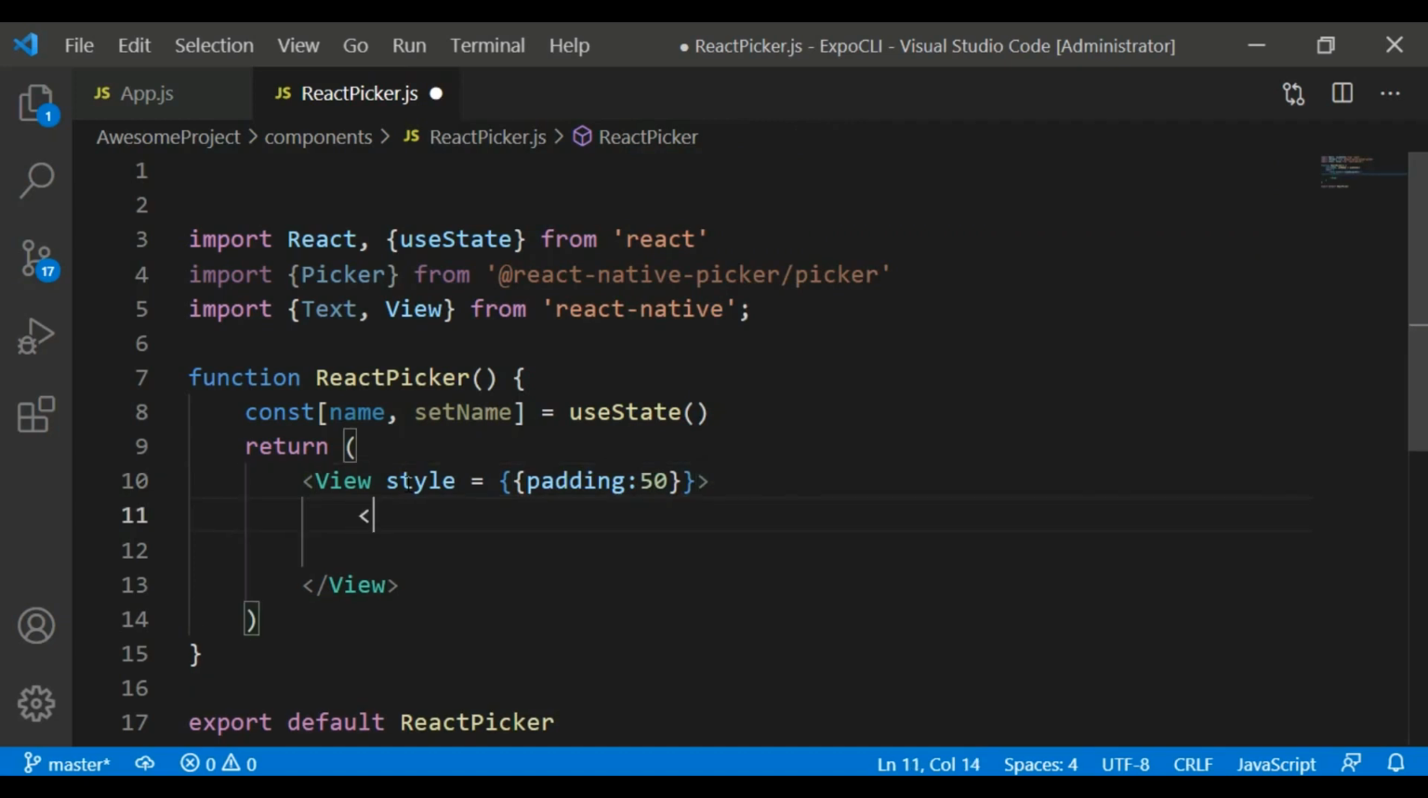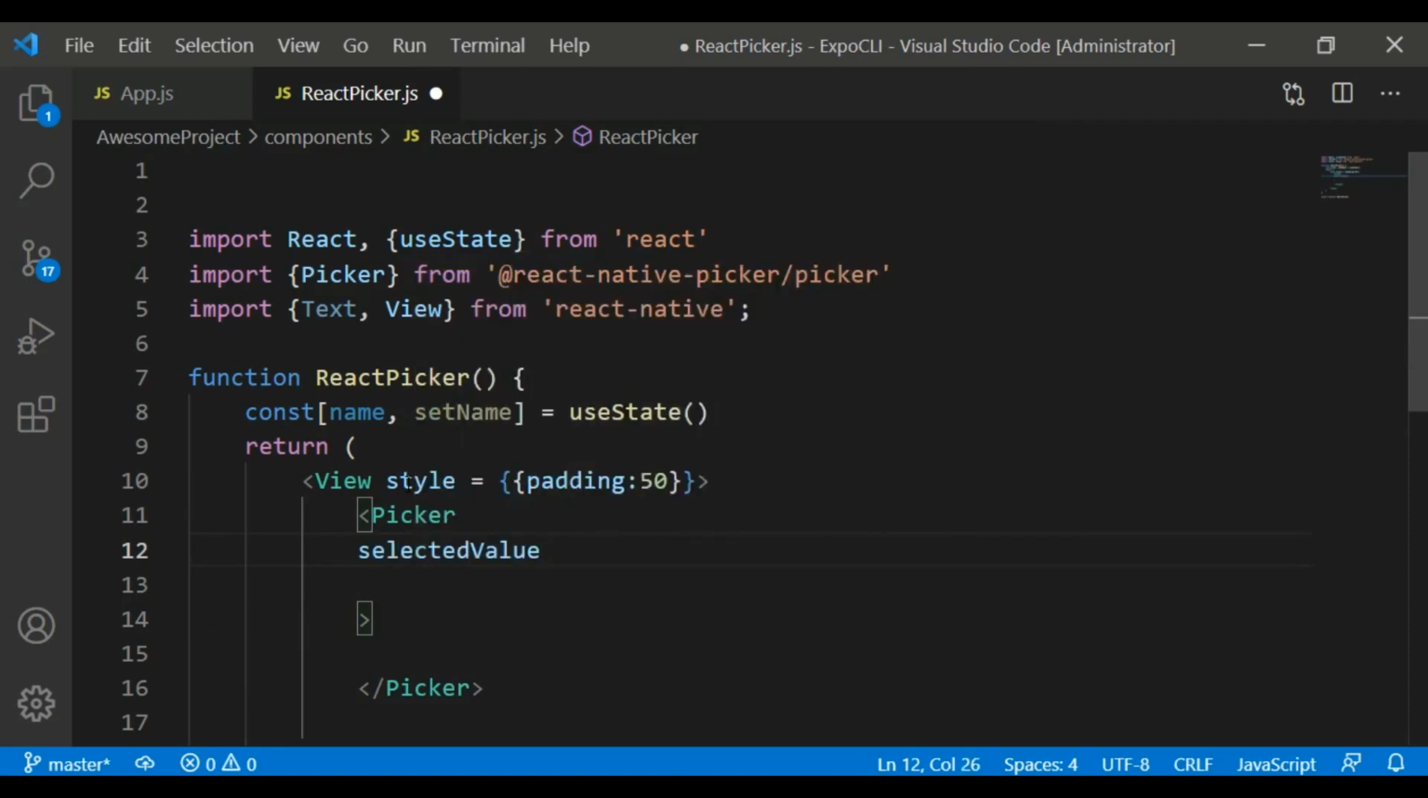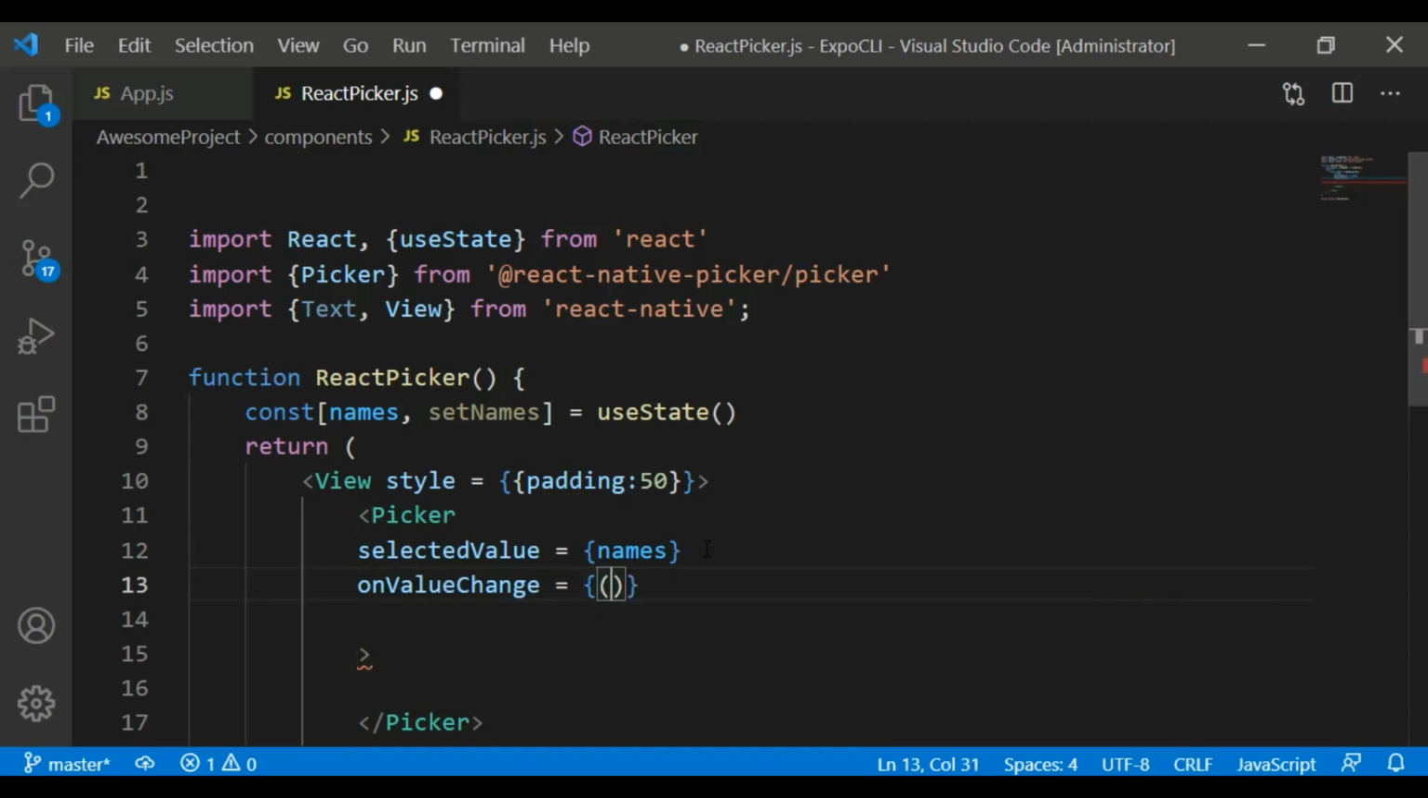Now we can create our picker in here. So we can say picker, and after this what we want to do is to first add a selected value. So we can say selected value, and this should be names. So let me make this names and set names like this. Okay, names. And after that we can give an on value change, and this is an arrow function like this,